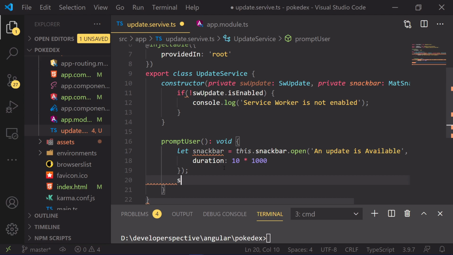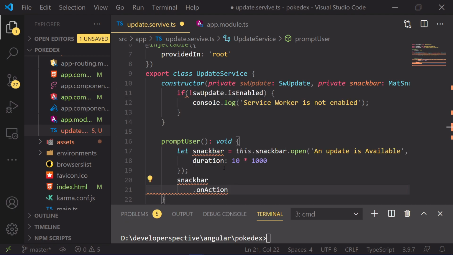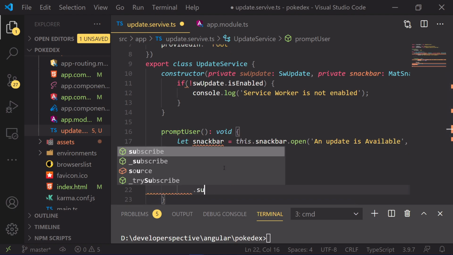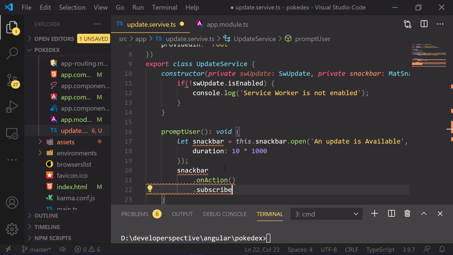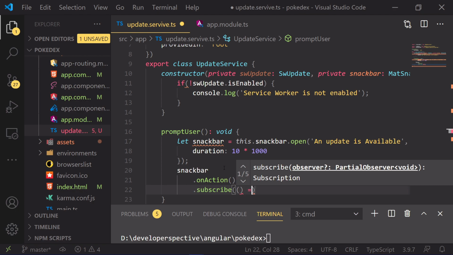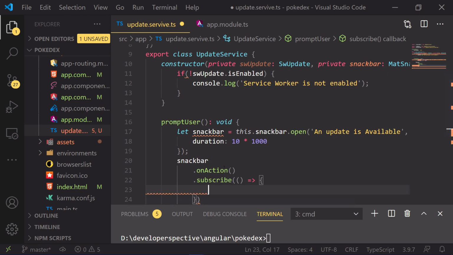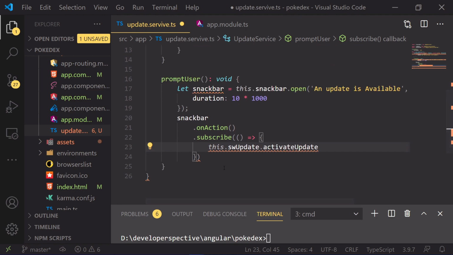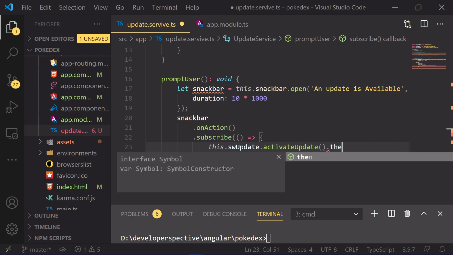Now I will add an action for the snack bar. Whenever an action happens here, we will subscribe to an event wherein we will say this.swUpdate.activateUpdate. This will activate the service worker update, and as this is a promise, we need to accommodate this with a then.